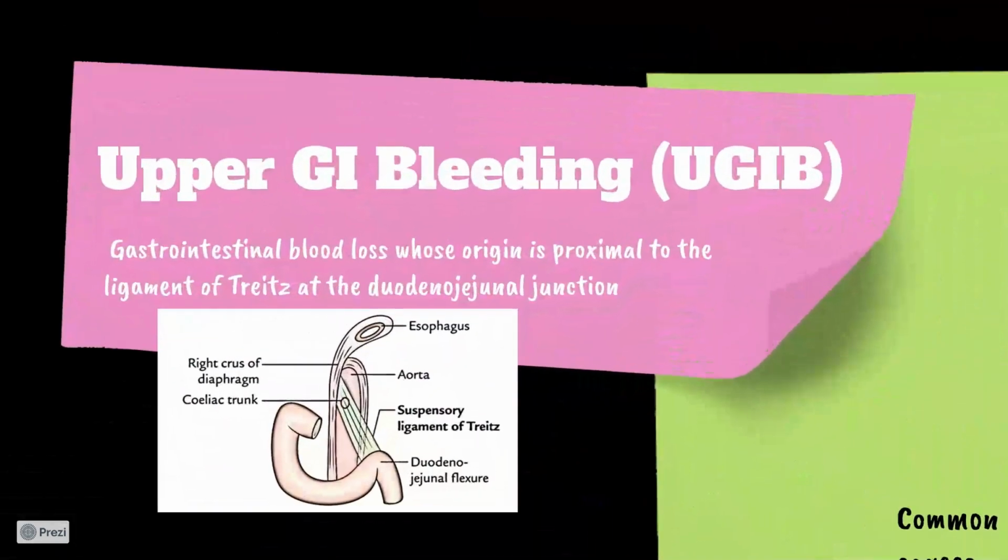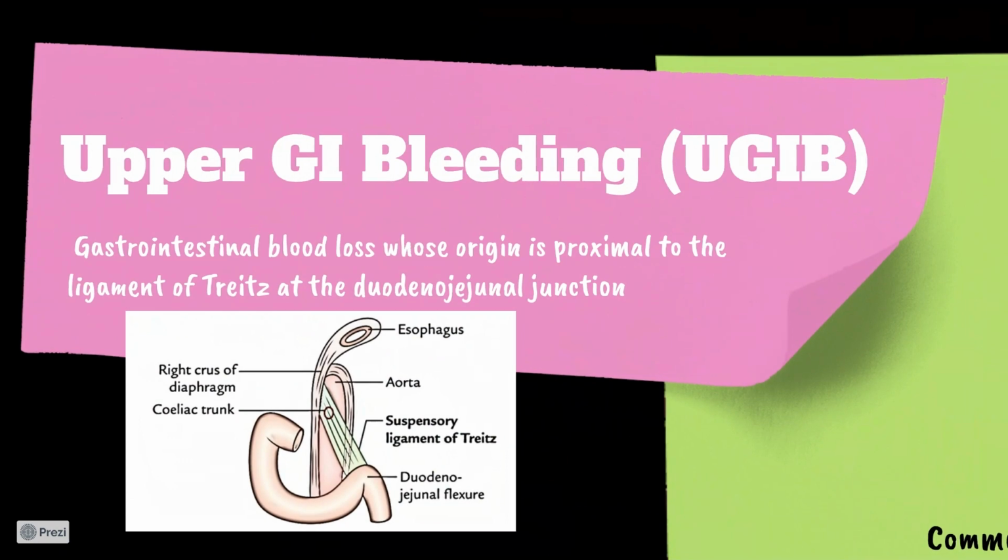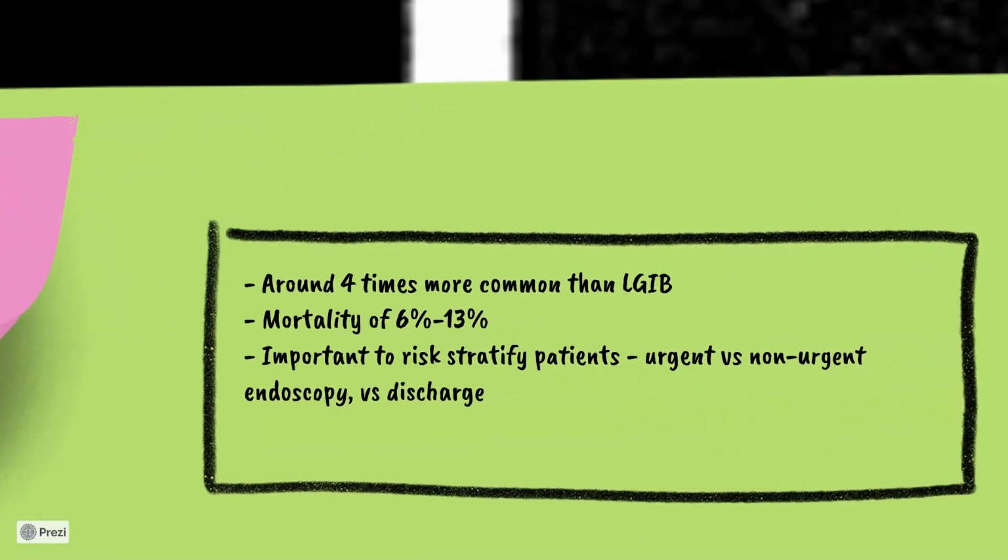So what is an upper GI bleed? This is gastrointestinal blood loss whose origin is proximal to the ligament of Treitz at the duodenojejunal junction. It's around 4 times more common than a lower GI bleed, with a mortality of 6 to 13%. With upper GI bleeds, it is important to risk stratify patients, as it will help decide between urgent versus non-urgent